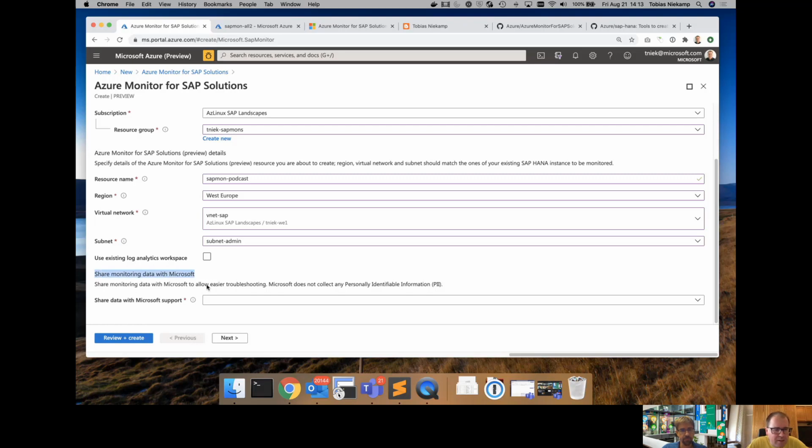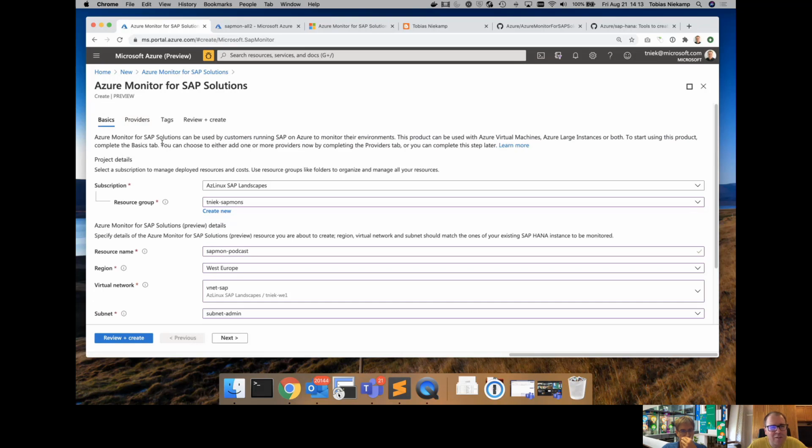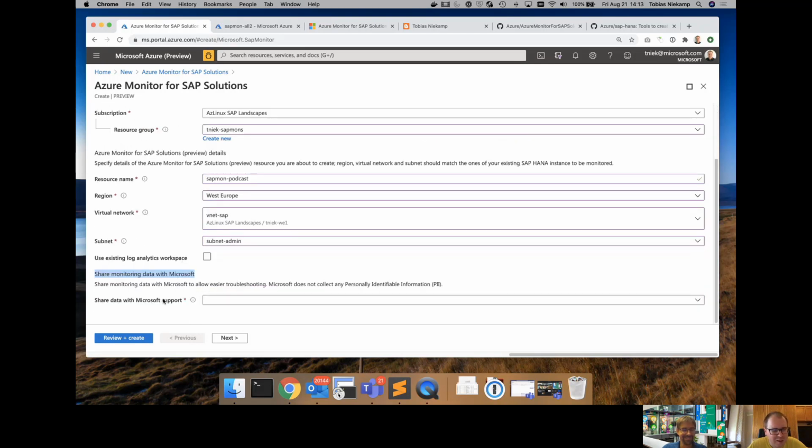One note on this: I know it can be intimidating when you try to deploy something and you already get 20 questions, but we're trying to make it as easy as possible, and I will talk a little bit about the blogs and the documentation we have for this. We offer customers a feature that enables the sharing of the telemetry with Microsoft. Now, why would you do that, right?